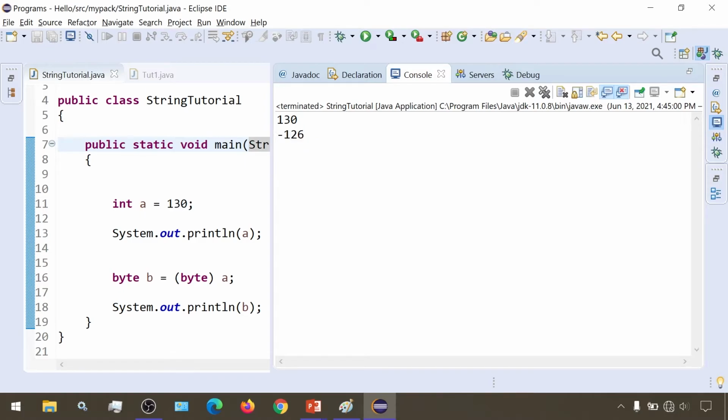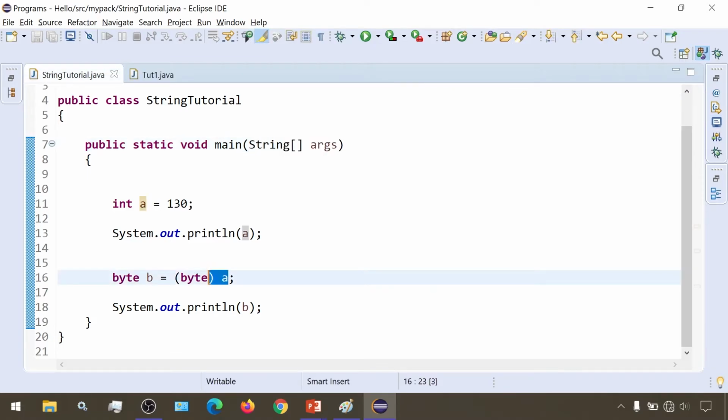But as I've said, there is a chance of data loss, and we can see here that data loss is occurring. So this value 130 is not preserved. When it is being converted into byte, the 8 bits for byte are taken, and the remaining bits are discarded.